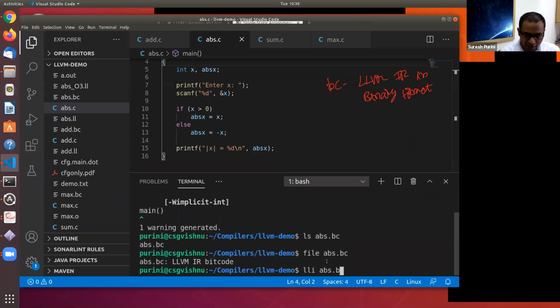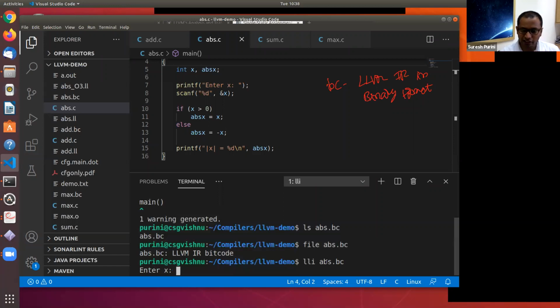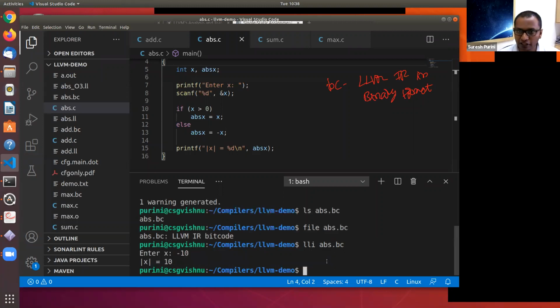If I give lli abs.bc, it interprets the .bc file. LLI is the interpreter component of the LLVM compiler infrastructure. Let's say if I enter -10, it returns 10.